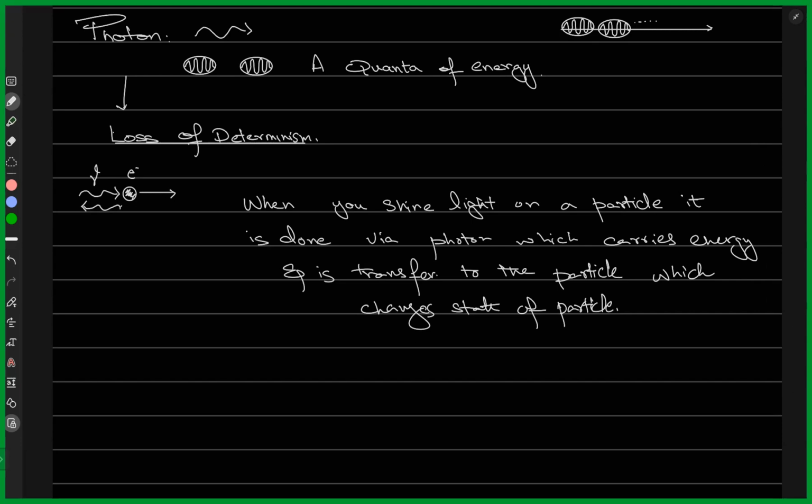This is sometimes also called in quantum physics the measurement problem, right? You can never really know both the position and the velocity of the particle at the same time. If I shine a photon on it, the position changes, right? Maybe I can measure its velocity, with what velocity it starts to move, but I cannot measure its position. And the same goes the other way around as well.